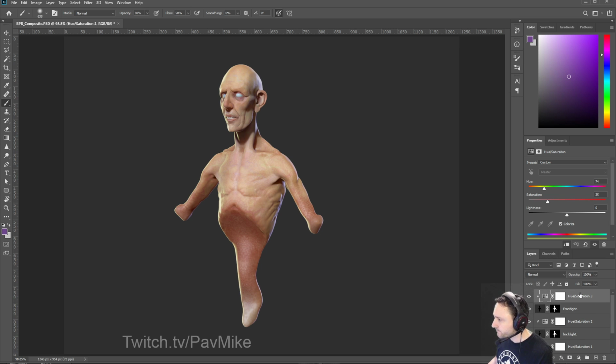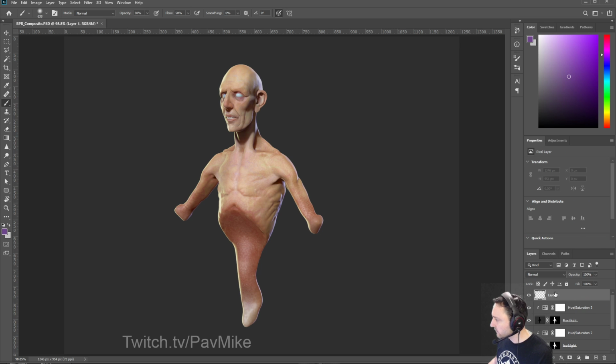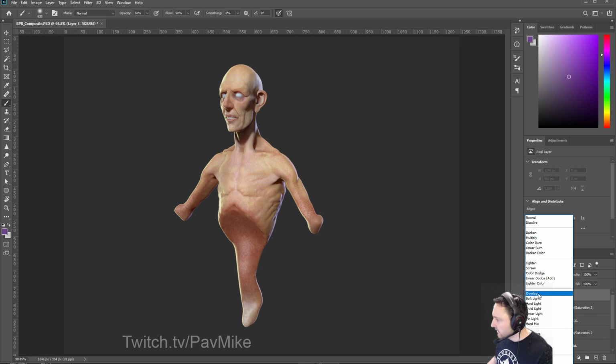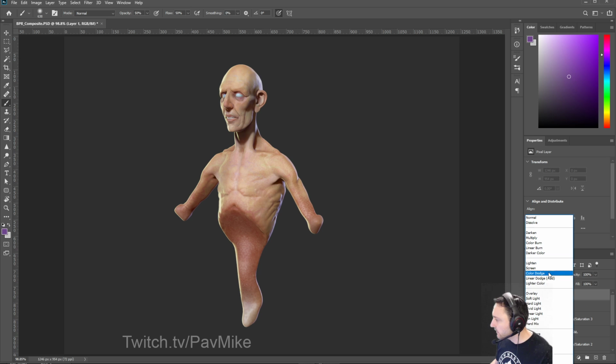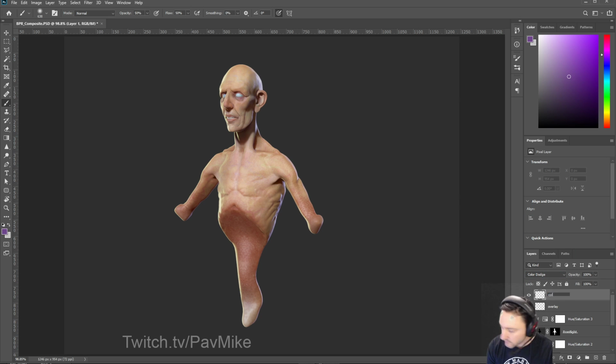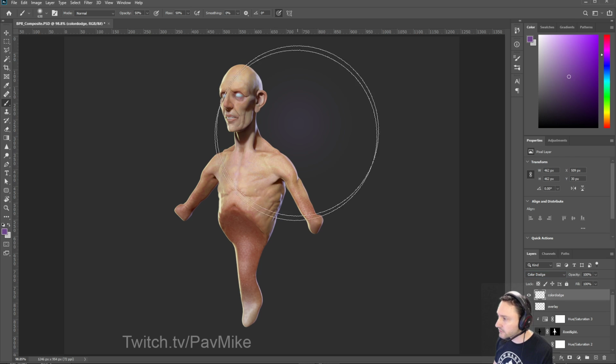What you can also do is put in some more layers in here. So you can say, let's do an overlay layer, and we can also do a color dodge maybe. And we can grab our brush here. If we want to confine these to just my object, I can hold down Control and tap again, and now we can just be confined to this area here. So now I can sample, and we can drop our opacity and flow to, let's say, 3 and 2. So if we need to punch up any areas, or want to kind of dial in